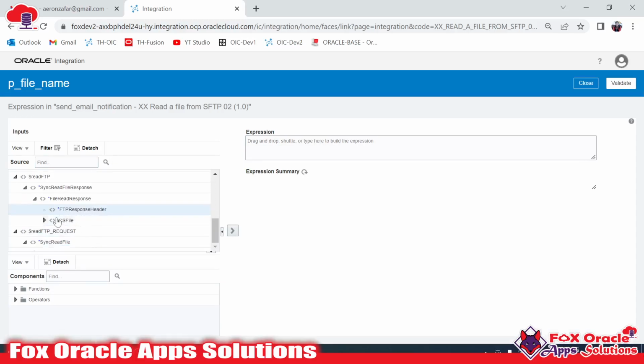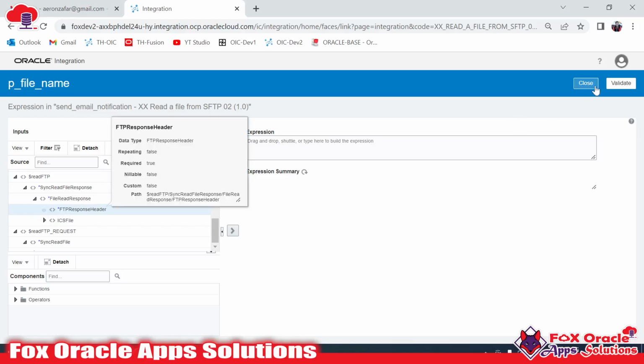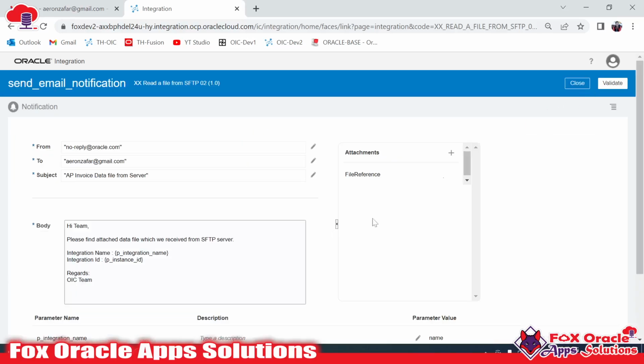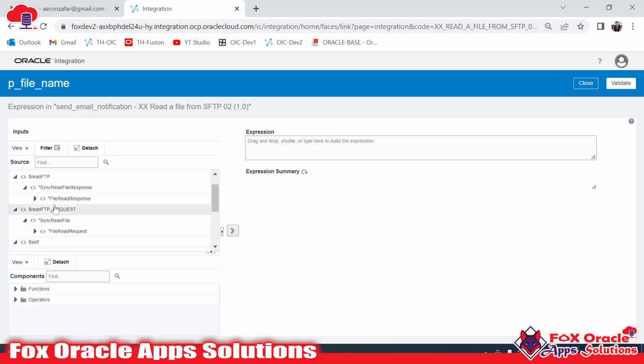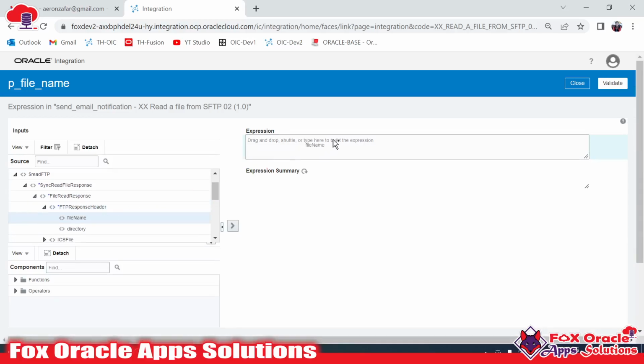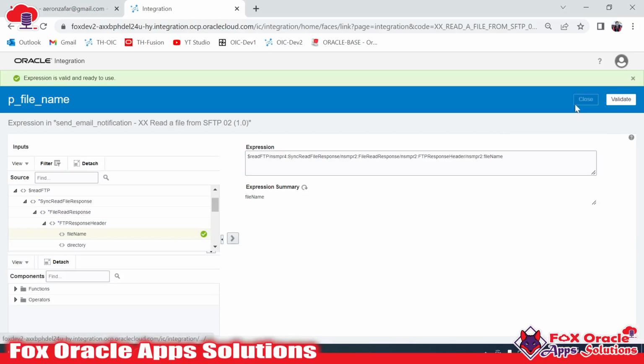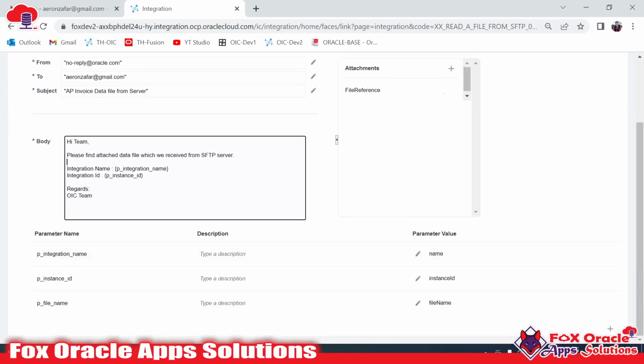So whenever you get an issue like that, where it's blinking and not showing anything, you can just close these things and again do the same. So read response, ICS file response, open. Yes, you can see this is the file name. You can map it here. Validate, close, and here I will provide one more message, file name,